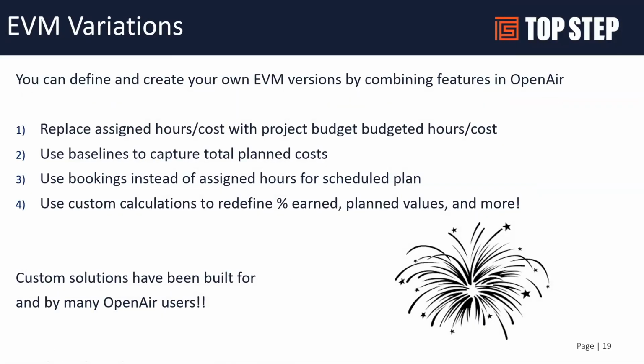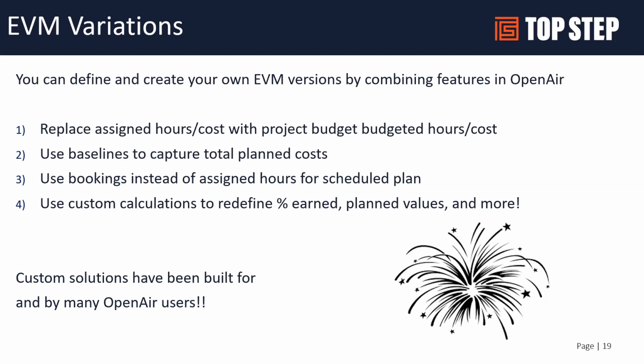Now, those are the out-of-the-box versions of EVM that we walked through, and there's certain requirements. Not everyone that uses OpenAir meets the requirements. So you can kind of do your own play on earned value metrics by using custom calculations. So maybe instead of assigned cost, you want to use the project budget feature and use the budgeted hours costs. Maybe you want to use baselines instead of planned costs. Maybe you want to use bookings. So we talked earlier about bookings being a very common way to be able to manage an overall schedule of